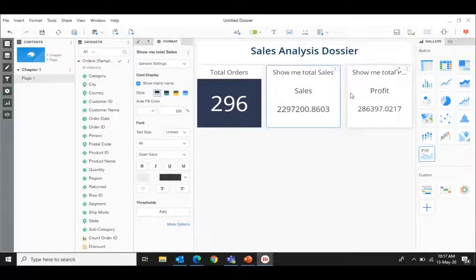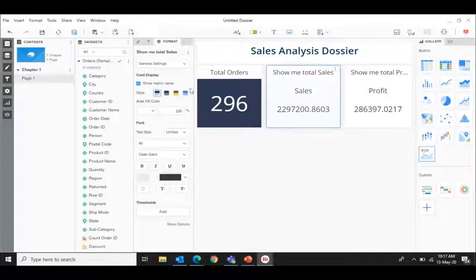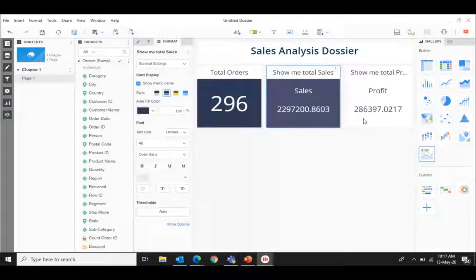I just adjust this the way I want it to be. Now, another most important thing when you're designing a dossier is that you need to keep the look and feel in the same format. So I just cannot keep this in the dark blue that you see and use different colors over here like orange, green or something like this. So this needs to be consistent with the overall theme so that it looks good. Okay, I'm changing for all of them